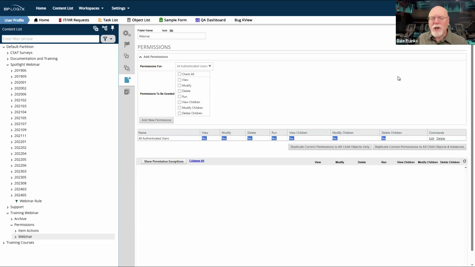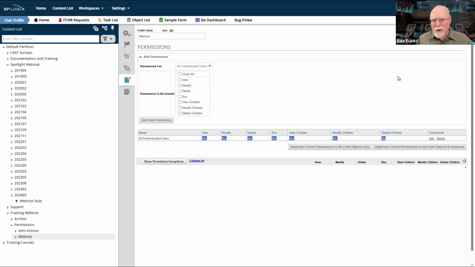So permissions also give me the ability, in a development environment, even to lock down different areas of my development server to different groups of implementers, should I want to do that.